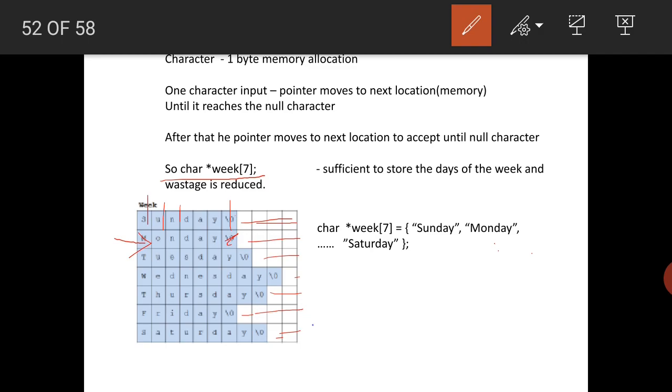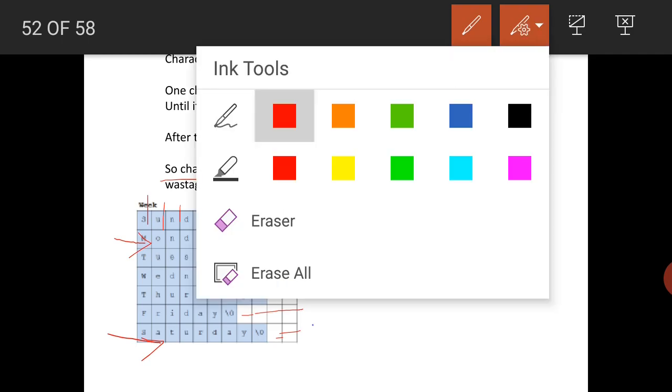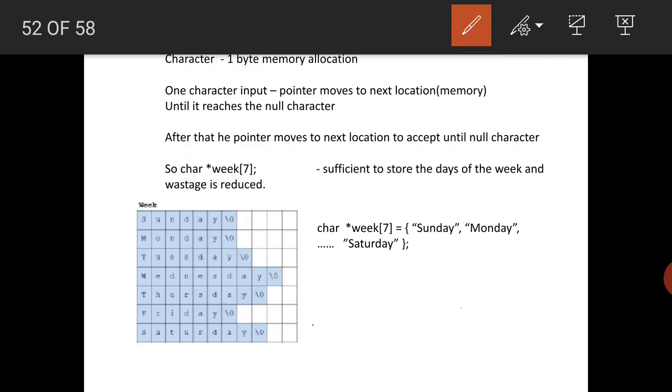So like that, one by one you are moving until Saturday, and then you are ending up at the null character. So what happens in this is, you are using only a single dimensional array to store this entire set of characters. This is because of the specialization of characters and pointers in C++. Is it clear? So the next part is